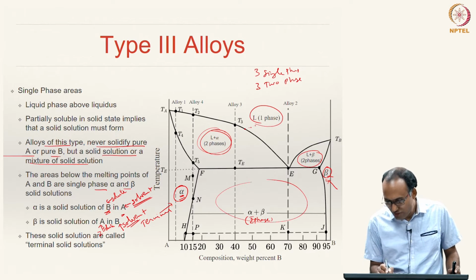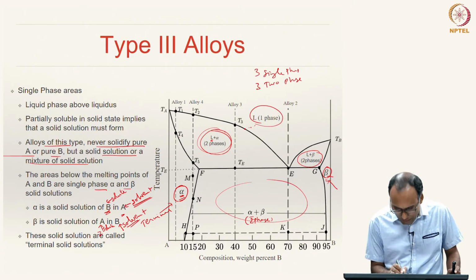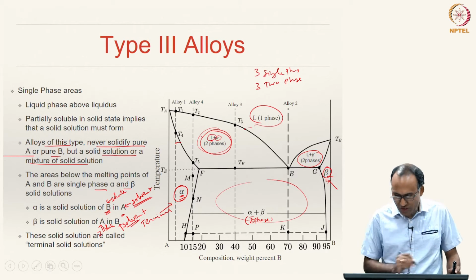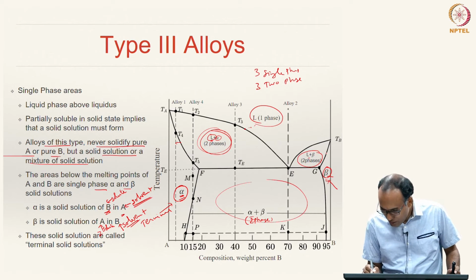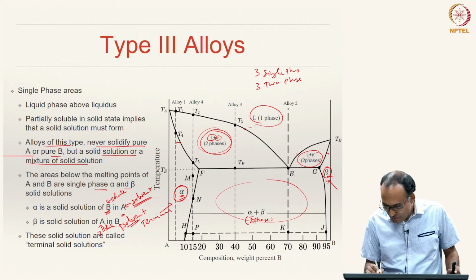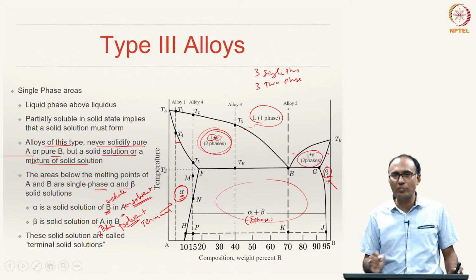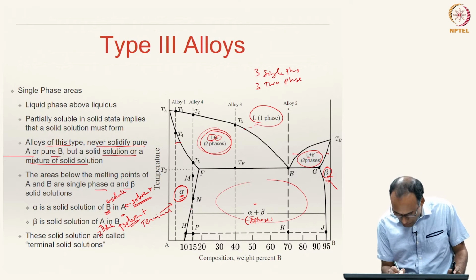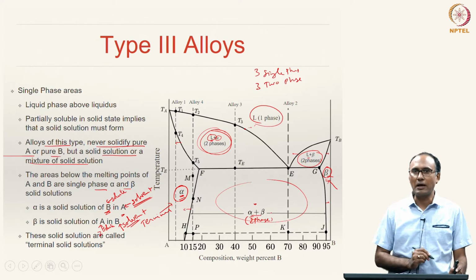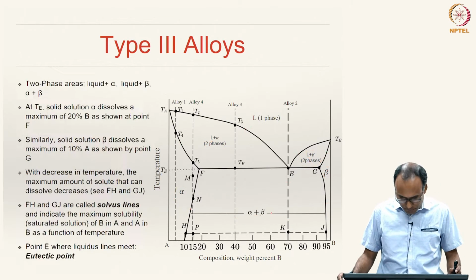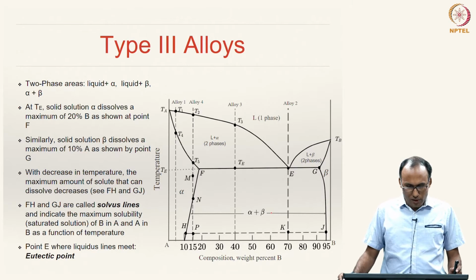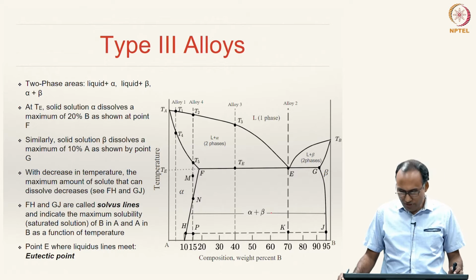So, right to that you have liquid phase, and hence liquid phase is one of them, and here left to this boundary you have alpha, and hence these are the two phases. Similarly here, right to this boundary you have beta, left to that boundary you have alpha, liquid. So, liquid plus beta. Here in this region, left to this boundary you have alpha, right to that boundary you have beta, and hence it is alpha plus beta, okay.